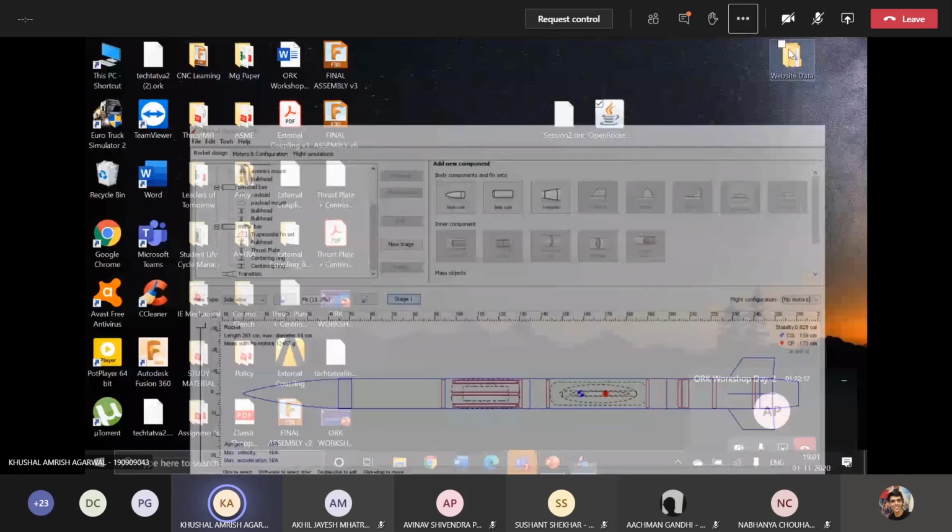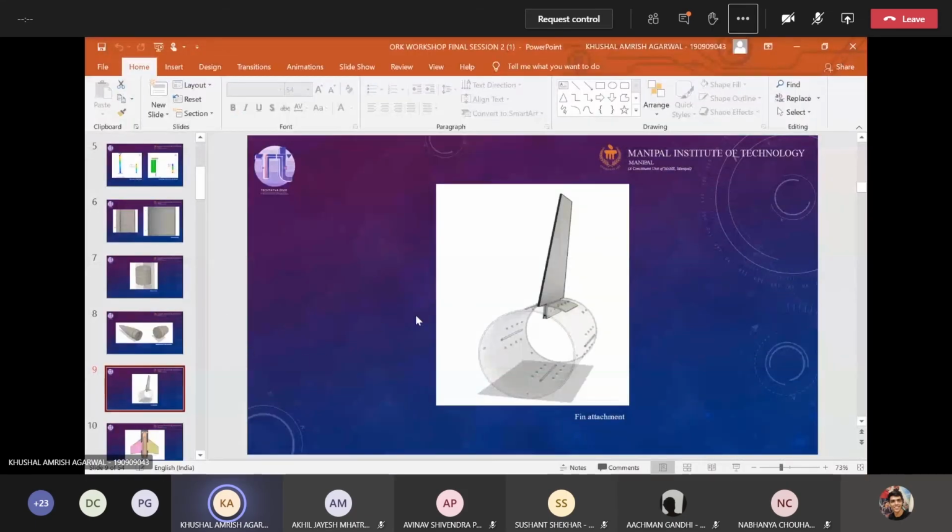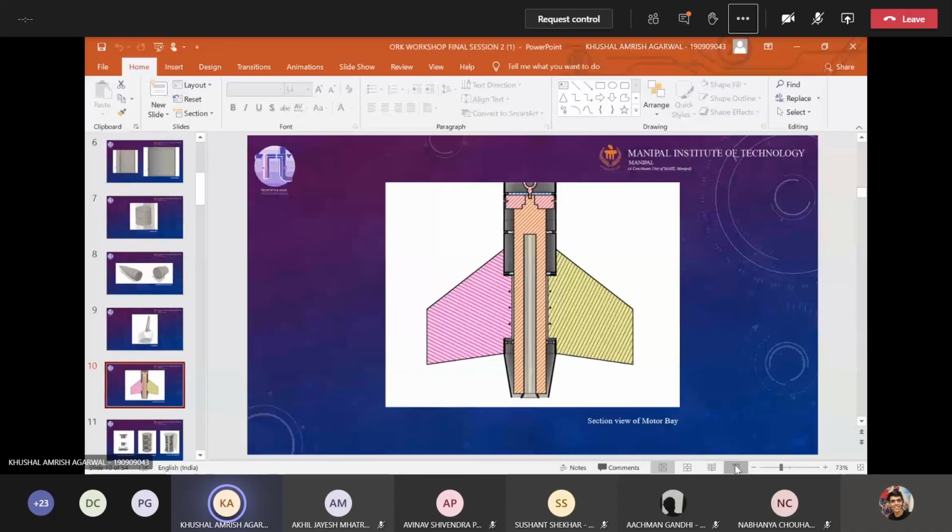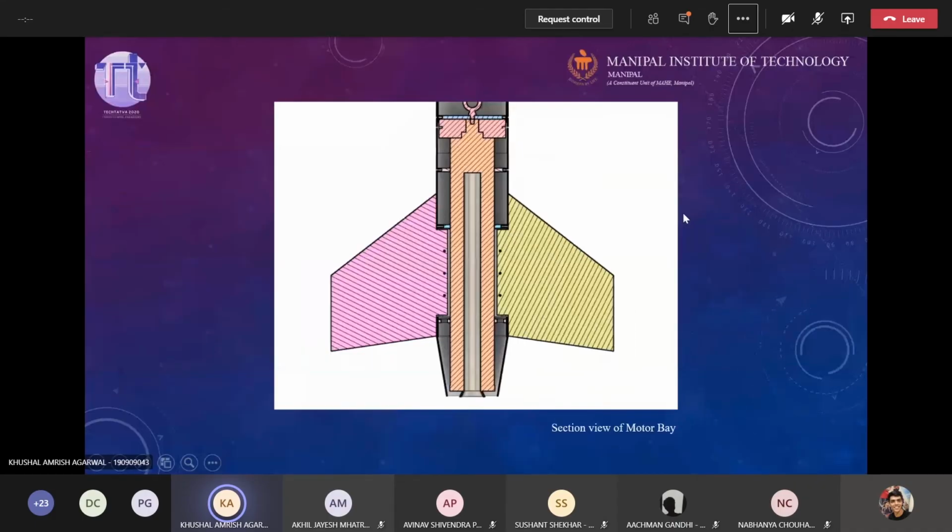What forces does the rocket face while it is in flight? Would anyone like to give a try on what kinds of forces any of the components will face during flight of the rocket? This is the section view of the motor bay, the whole motor bay.